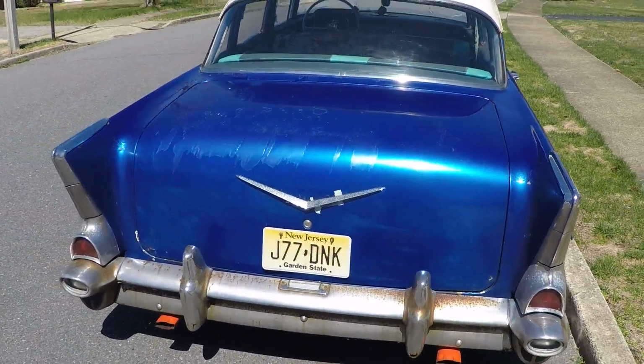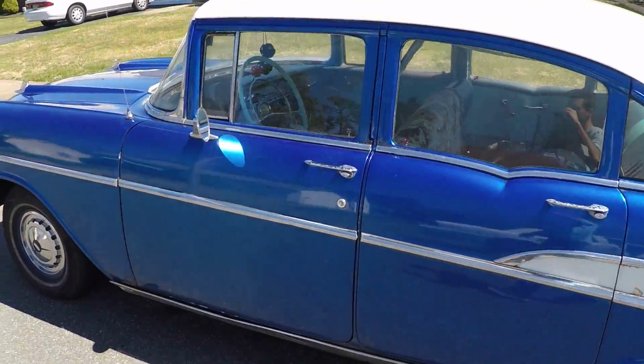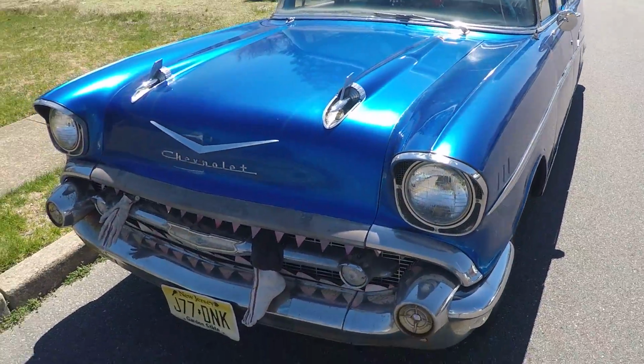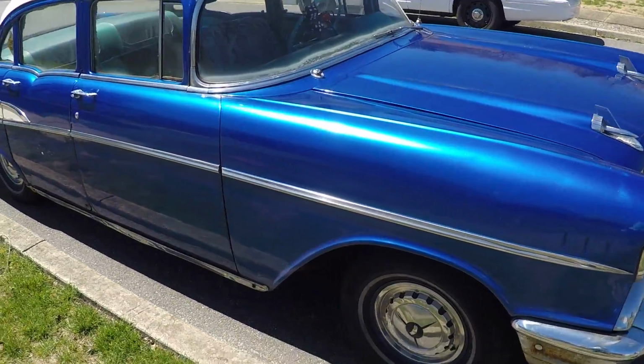I figured we'd have a look at my stepdad's car. I'm sure you can already tell what it is by the title, and it's a pretty iconic car, but in case you didn't know, for whatever reason, and can't read, this is a 1957 Chevy. This is not a Bel Air. This is a